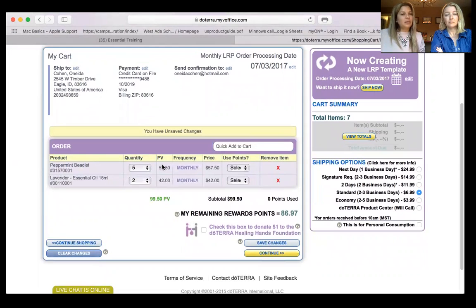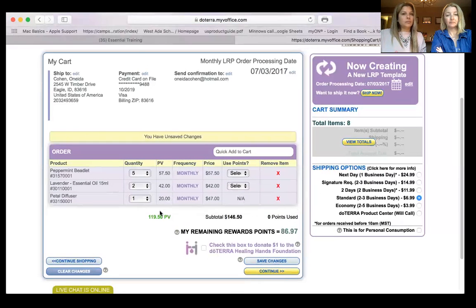And you will see the PV. The PV, which is your points value system or points. So for the essential oils, it's usually 1 to 1, $1 for 1 point. So I am going to actually choose a diffuser, a petal diffuser, so you see the difference on the points. For a petal diffuser, the price is $47, but you only receive 2 points. So I want you to be aware of that because a lot of people think that because they're spending $146 right here on my total,